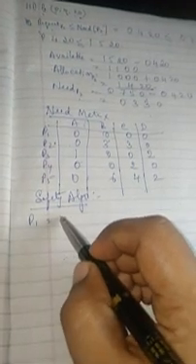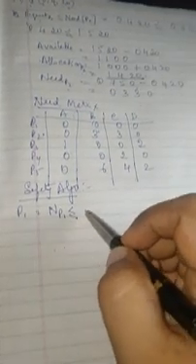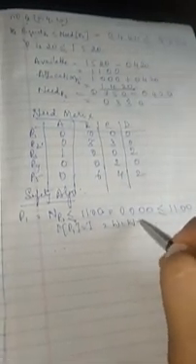So this is a very lengthy problem. I'll just do the safety check in a shorter way. In the safety algorithm, you have to check for all the processes. Now we are checking for P1. First, finish is made false. You are checking whether need of P1 is less than or equal to available. Available is now 1100. Need is 0000, which is less than or equal to 1100. It is true. So finish of P1 is true, and work is equal to work plus allocation.